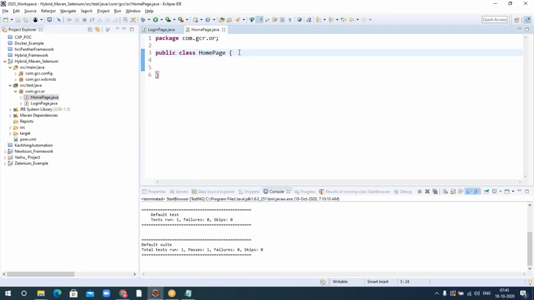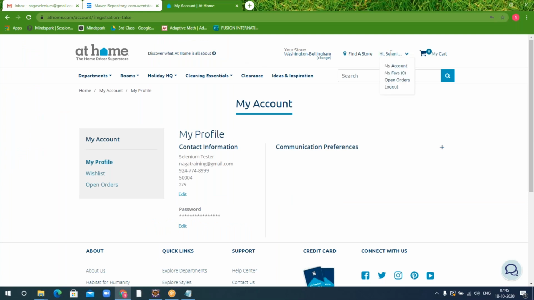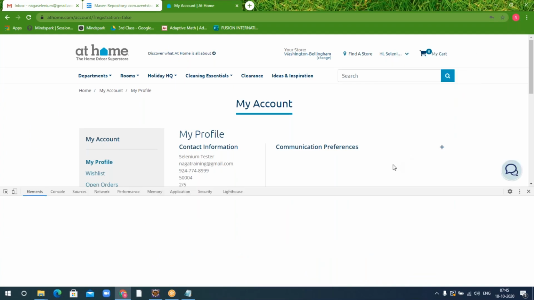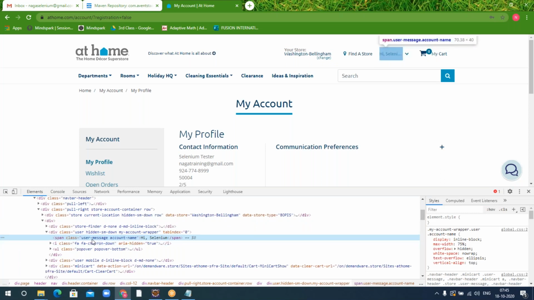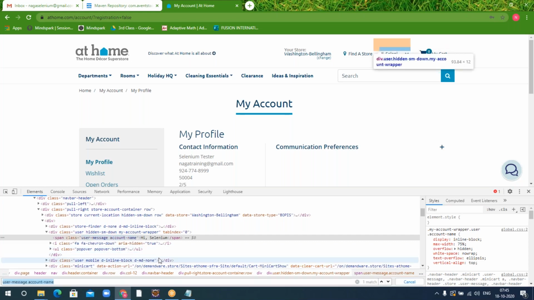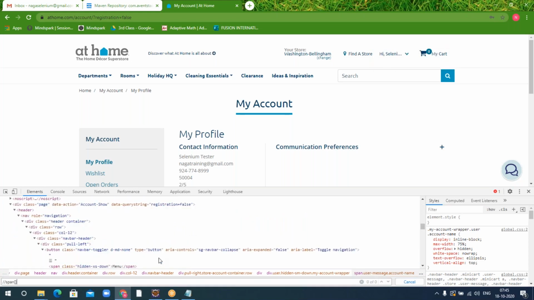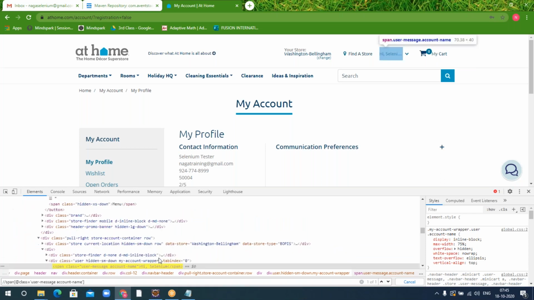Okay. So in this home page, what I require is I need to do a mouse over here, and then I need to do a logout. Two things I require. So let me find out this locator. Okay, it has a class name. Let me try with the XPath, whether it has a proper XPath or not. //span[@class='...'] equal to this class name.